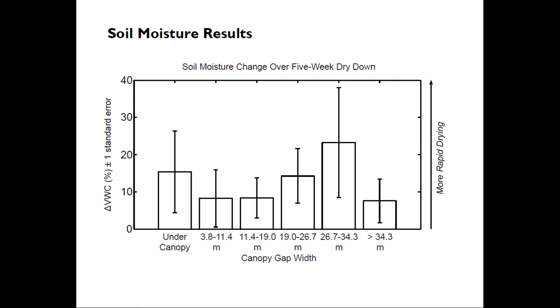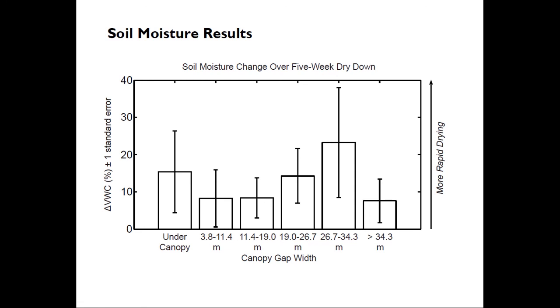Okay, and then the last piece of it that we're still working on is the spatial aspect. So one goal of this is looking at the relationship between vegetation structure and soil moisture, and getting back to those competing effects: if you have a large gap in the canopy, you're potentially going to open it up to more throughfall and more snowpack, but you're also opening it up to more evaporative drying. And one of the hypotheses in the snow community is that you want to have intermediate levels of canopy closure in these systems to maximize